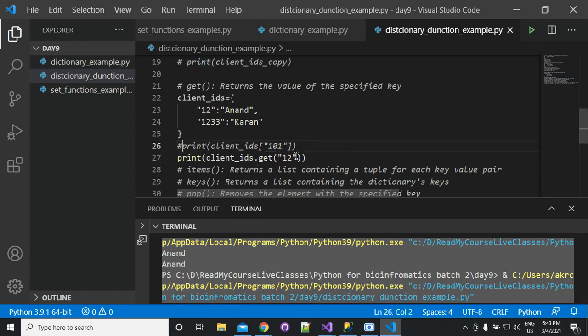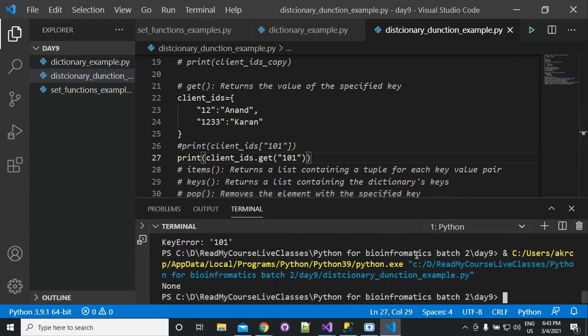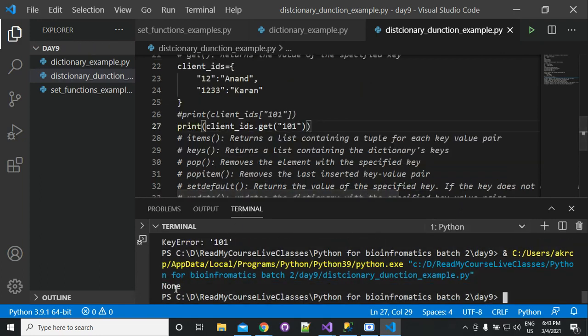So what you can do, similarly if you write the same thing here with get, it will return you None. It will not cause an exception, it will return just None. You can also set a default value here.